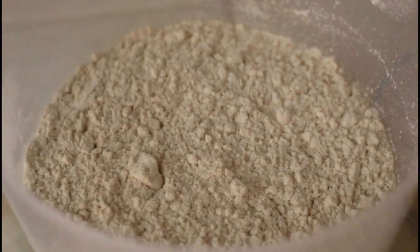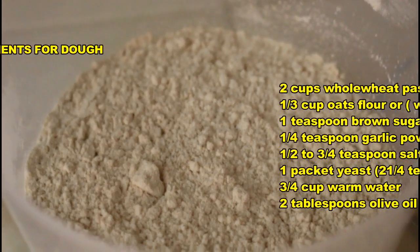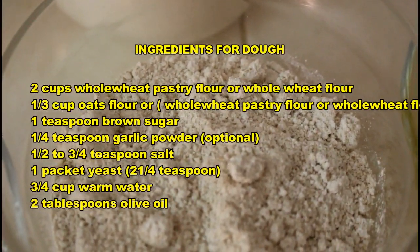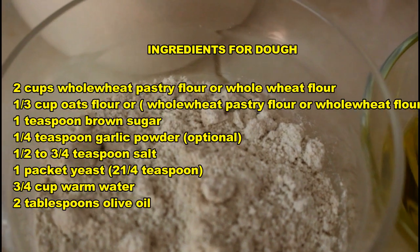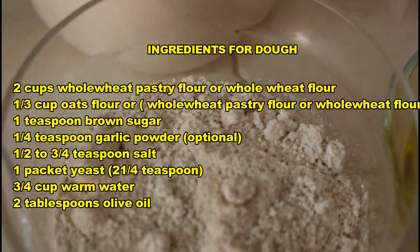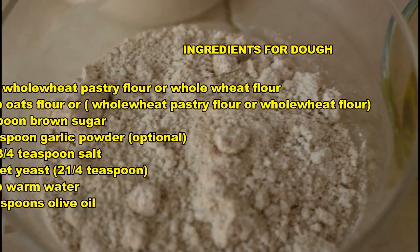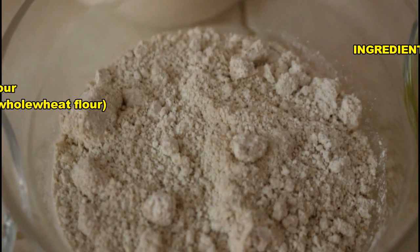So for our pizza dough, we'll be needing some whole wheat pastry flour. If you don't have whole wheat pastry flour, you can use regular whole wheat flour, but remember to get it sieved before using. We also need some oat flour, and if you don't have oat flour, you can use whole wheat flour all through, or whatsoever flour you're using. You can use it all through for the baking. But I like to add a little bit of oat flour because it helps give it more fiber and